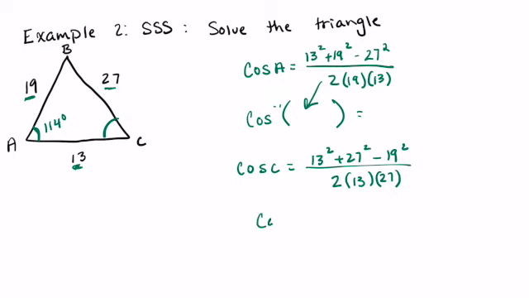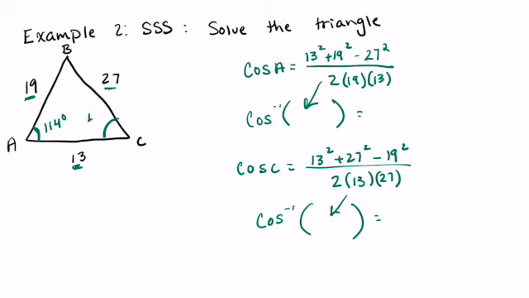Take the inverse cosine of that. So we have 13 squared plus 27 squared minus 19 squared all over 2 times 13 times 27,